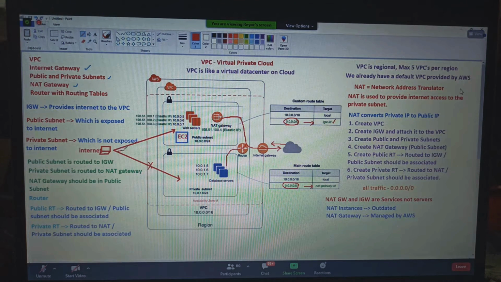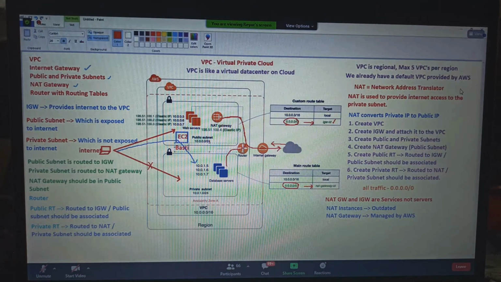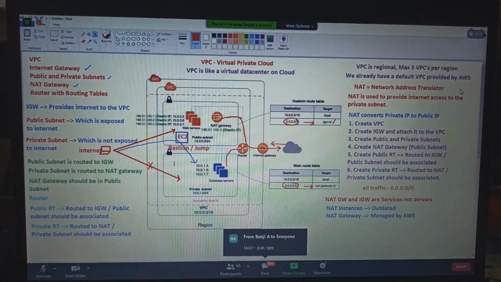From internet, you can connect to this, and from here, you can connect to the private subnet. Like this way. And this machine we call a Bastion server or jump server.